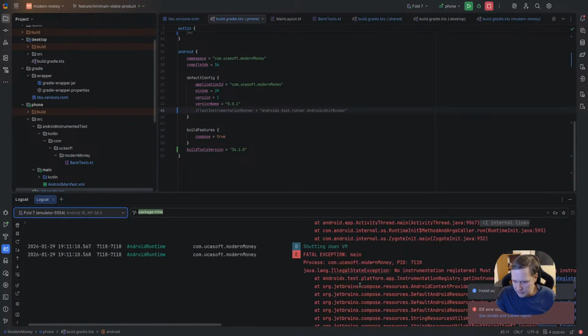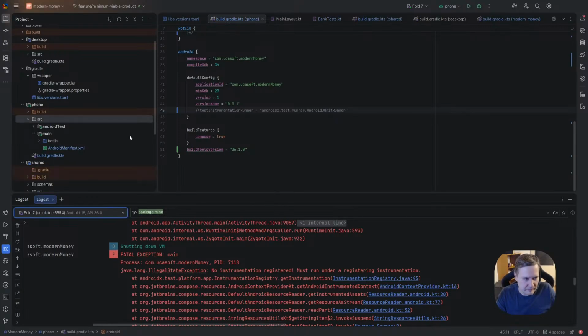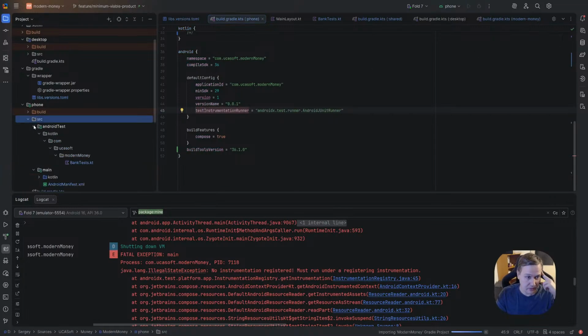Looks like it didn't help. Okay, let's rename it as Android test and do it this way. We'll see what is going on. I don't know.